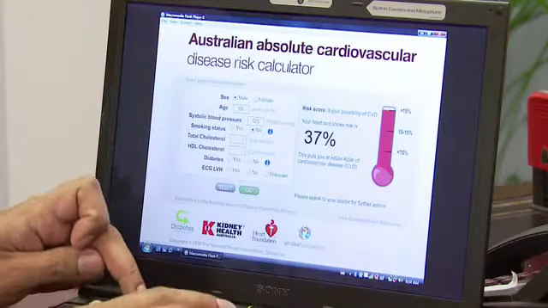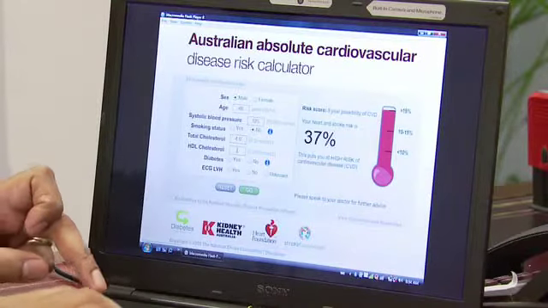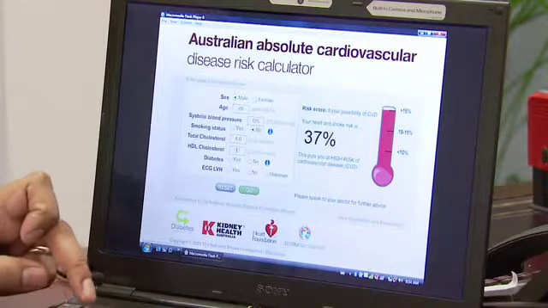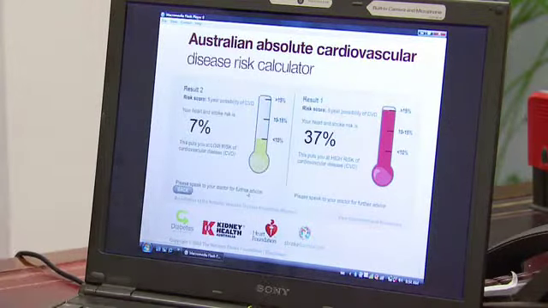Their cholesterol is now lower. Total cholesterol is now lower. Their good cholesterol is now higher through diet, exercise and cholesterol medication, now 7%. So you can see based on this risk calculator that the chances of getting stroke and heart attack have been